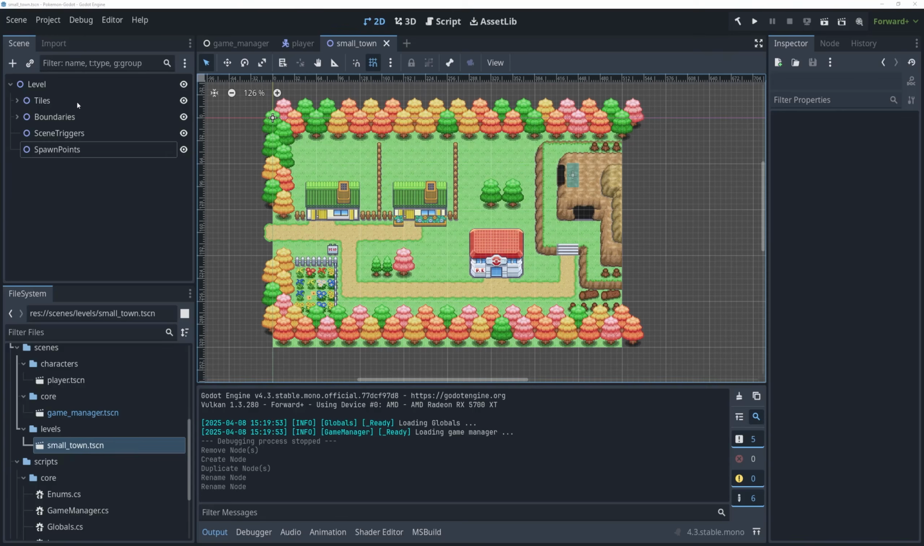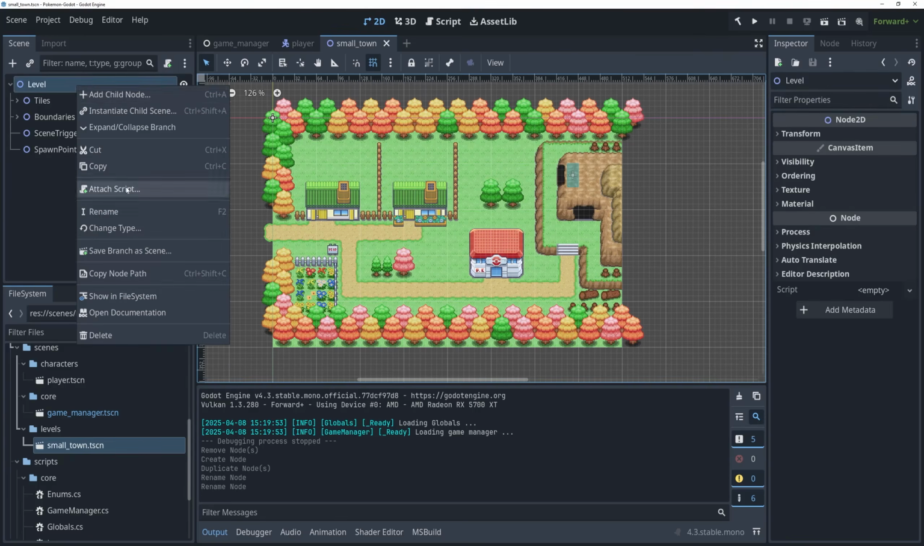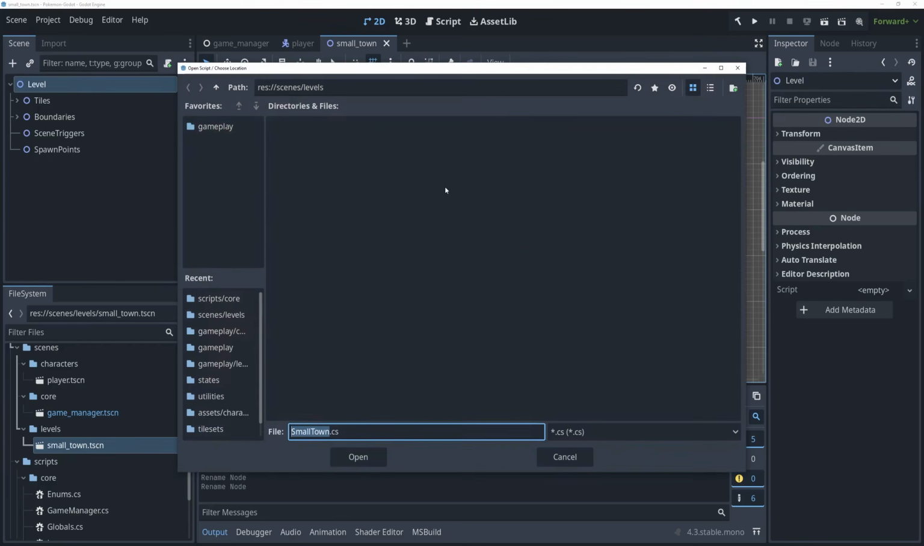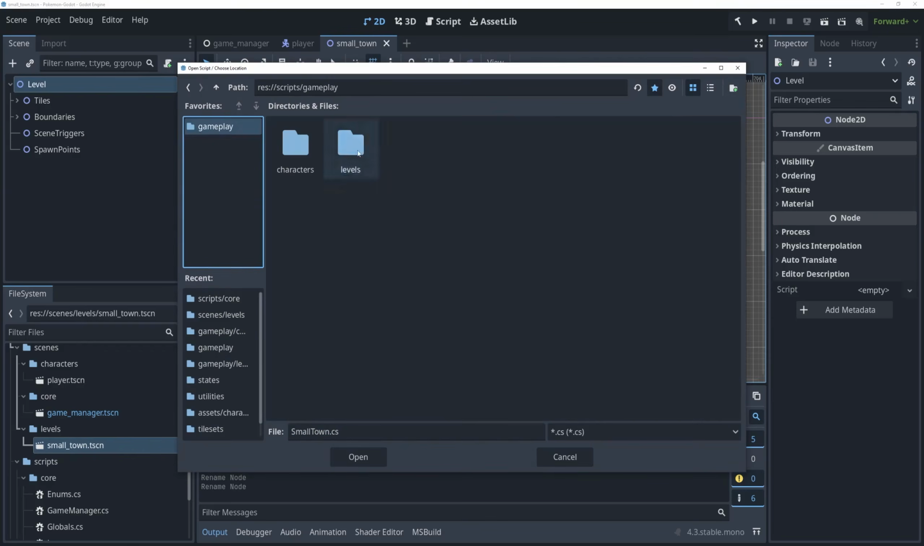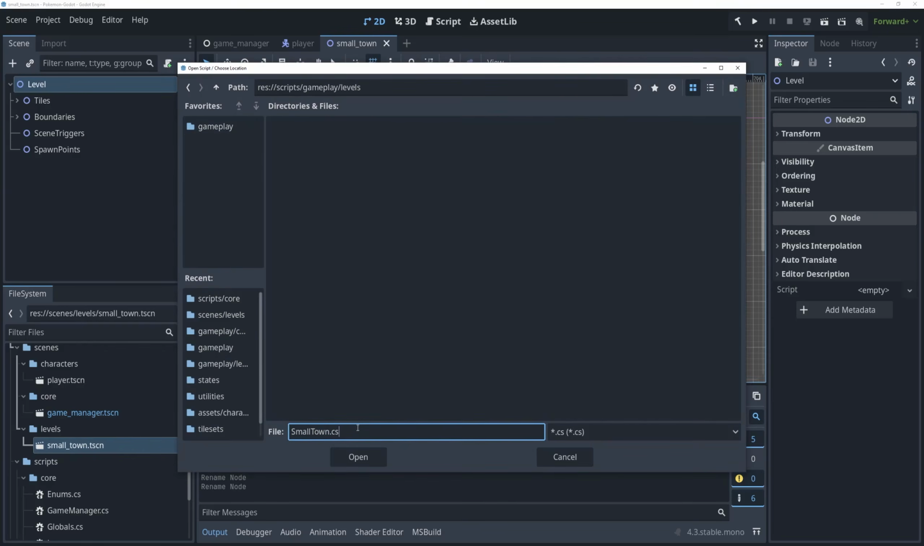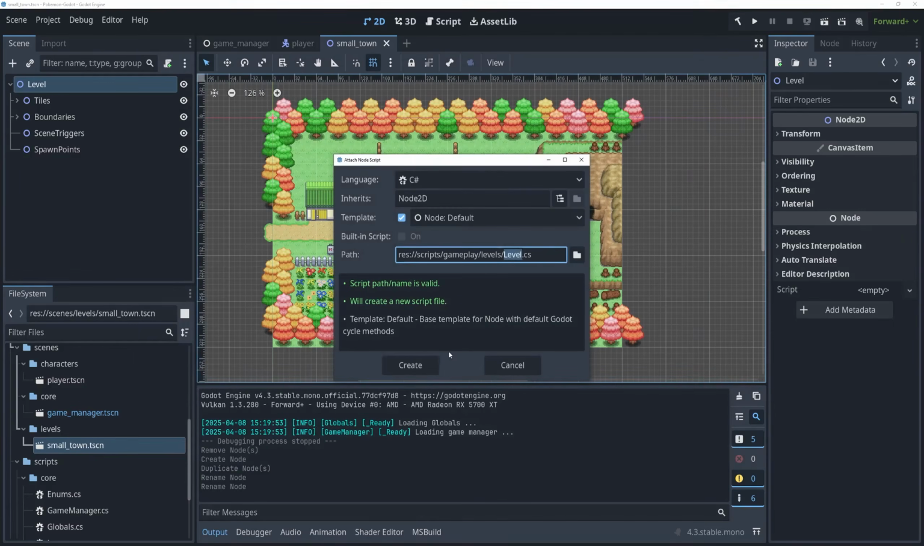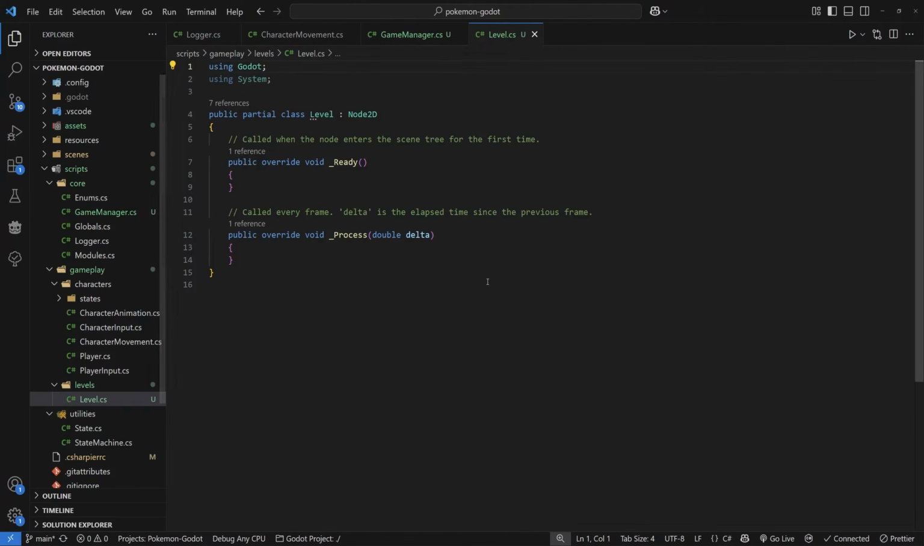Next, let's go ahead and create a script for our actual level class. So you can right click on your level and attach a script to it. And I'm going to put this inside of a levels folder inside of my gameplay folder. The level script is going to define a couple things, mainly the level name and the camera limits for the player camera so that the camera doesn't go out of bounds, and show you all the gray outside of the